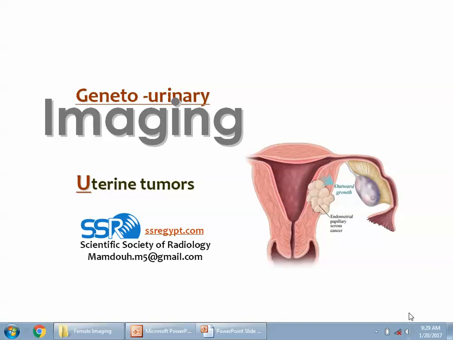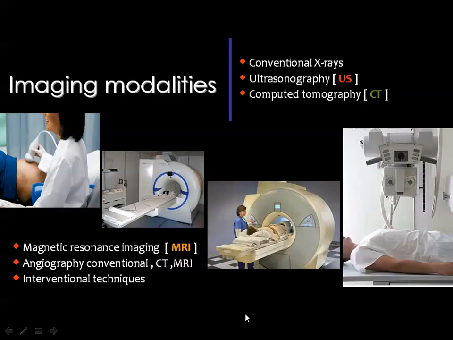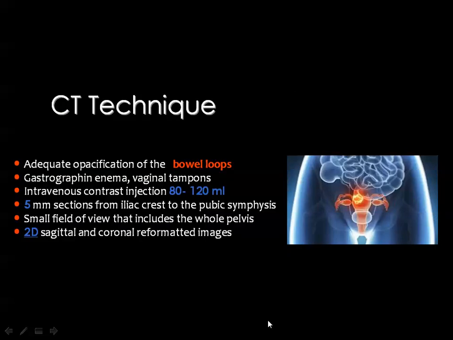Imaging of uterine masses, in particular the tumors. You know that we have a lot of imaging modalities for the diagnosis, starting from the plain film, the ultrasound, of course, the CT and MRI. Then our main concern will be in particular for MR imaging, but these are some of the facts that we